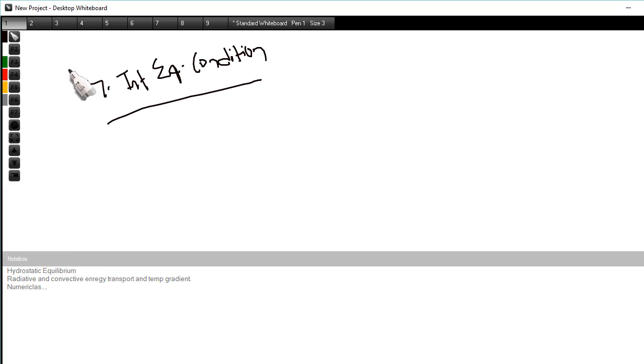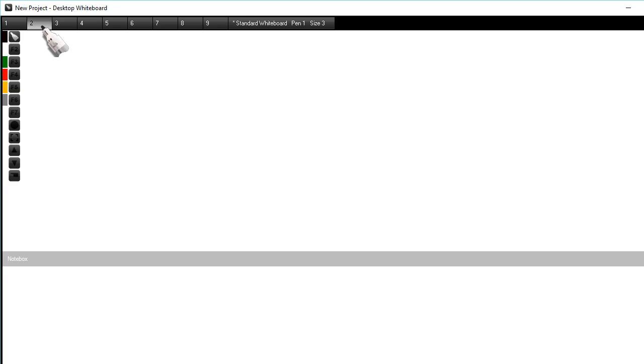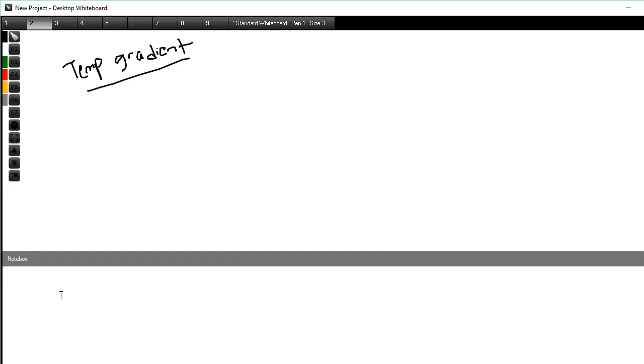Okay, so before I start, I want to discuss some topics. Let me discuss first what the temperature gradient is. To define it in a very precise manner, this is a physical quantity which describes in which direction and at what rate the temperature changes. So to write it down, the temperature gradient is a physical quantity